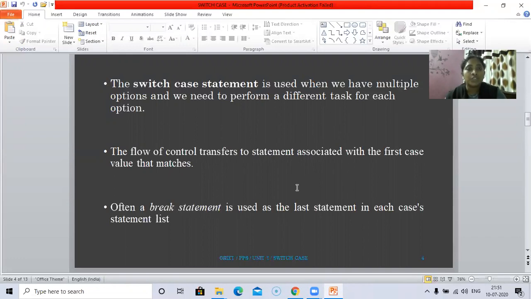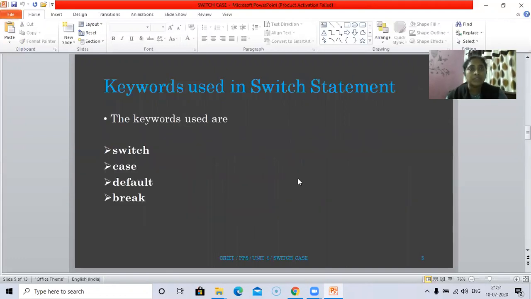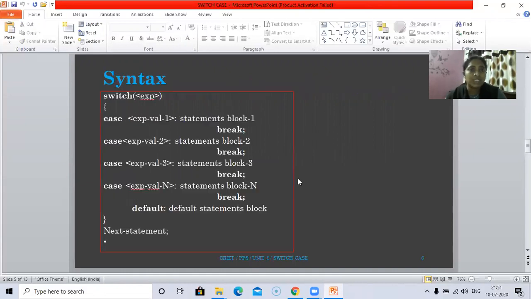The flow of control transfers to the statement associated with the first case value that matches. Once it encounters a break statement, it just comes out of the switch statement. The keywords used in the switch statement are switch, case, default, and break. We'll see in detail in the coming syntax.